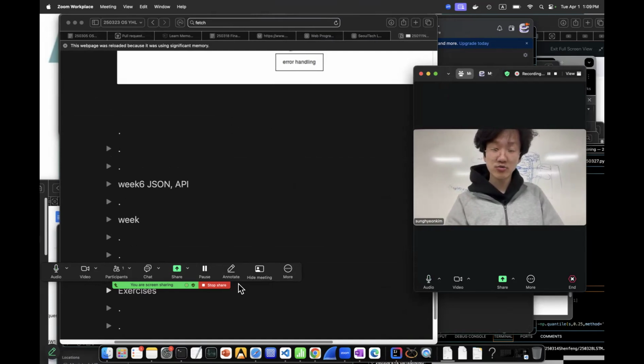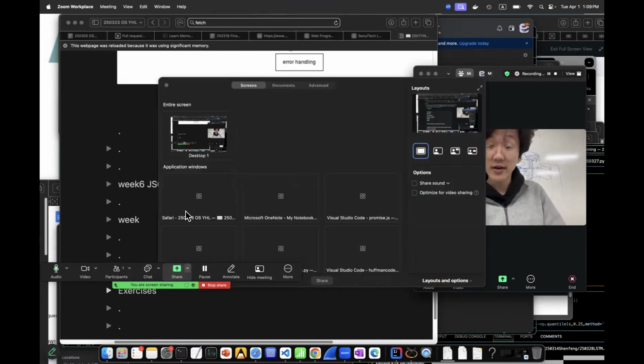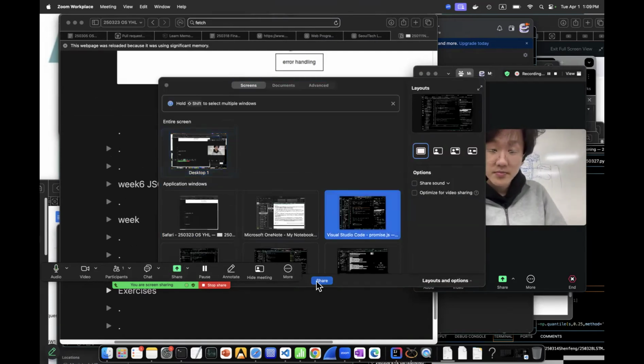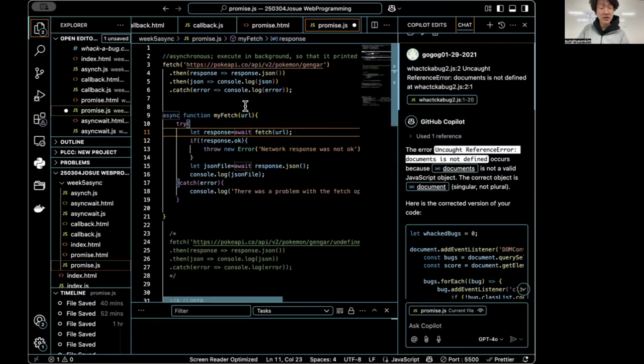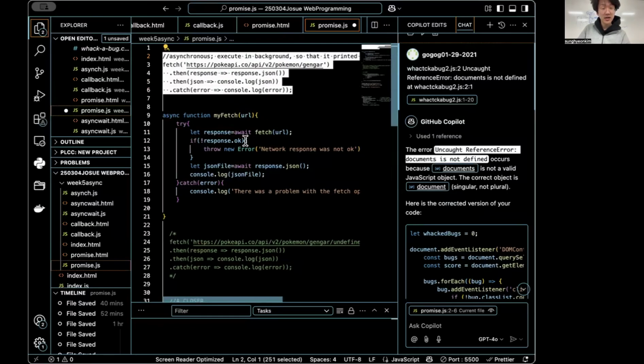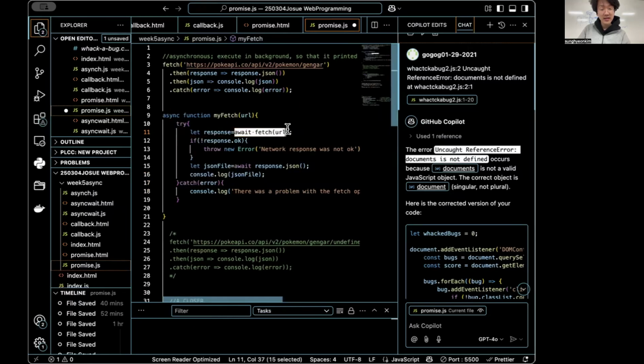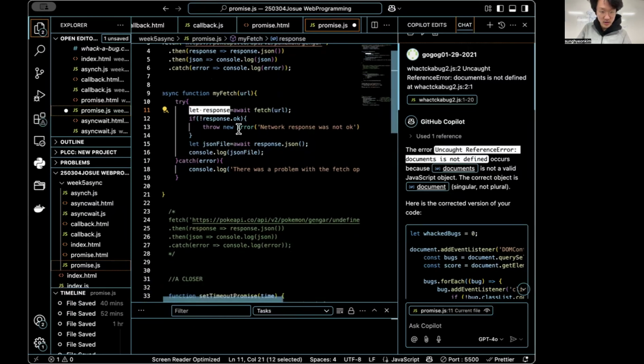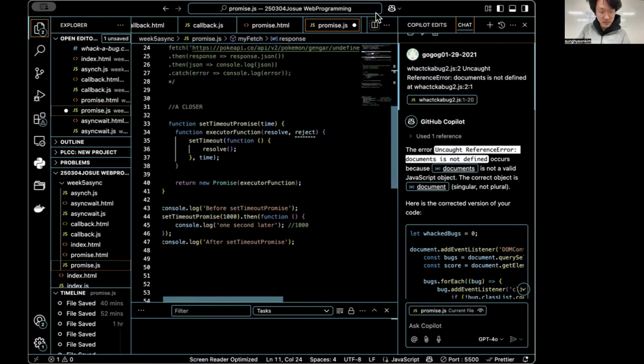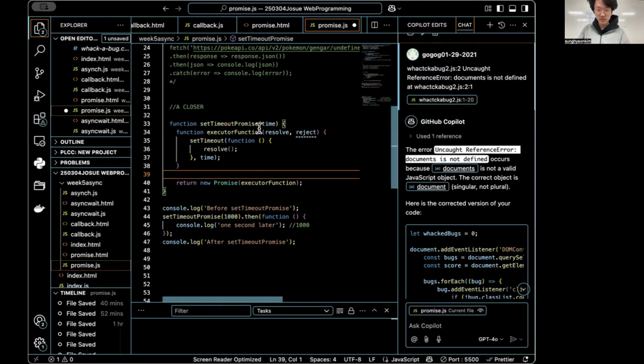Now we will see the code together. Here, if you see fetch and .then, you can make it async using async and await, and assign it to a variable. So it will wait until the fetch of the URL is successful. And this is a timeout, which is also a promise.